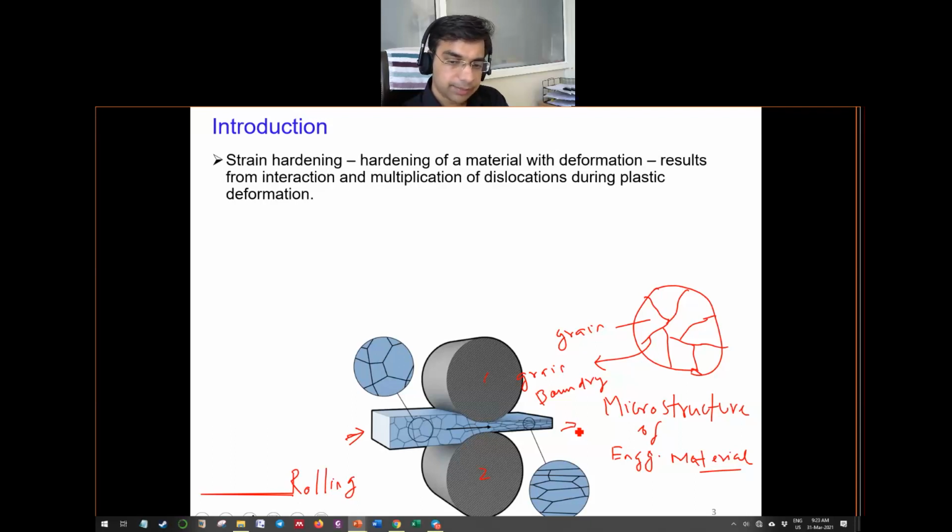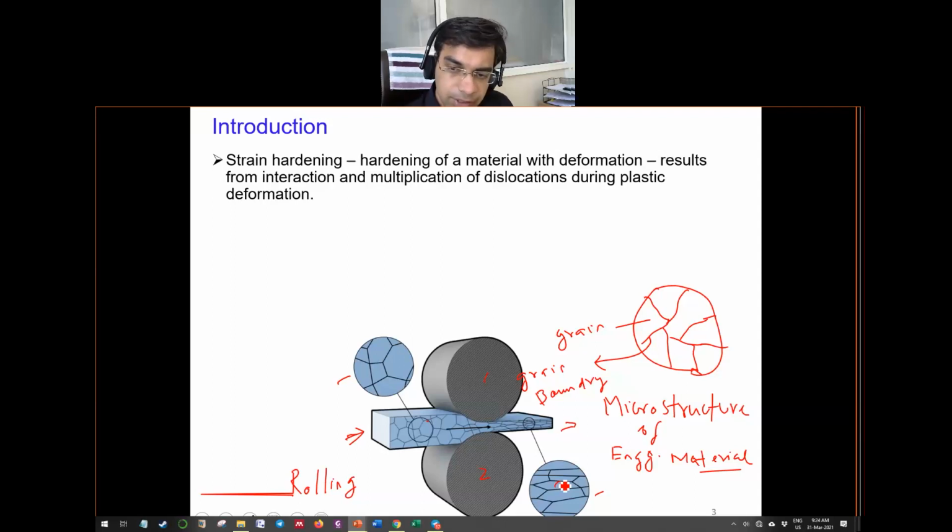When you compress this product under the influence of these rolls, you see the same product before and here it is after. In the before and after situation, the total number of grain boundaries in the given product increases. When the number of grain boundaries increases, they impede slip of the grains under the externally applied force, and in that situation the strength of the material will increase.